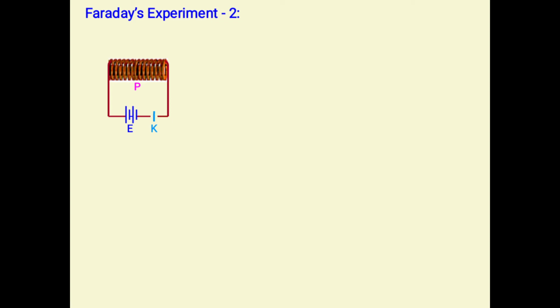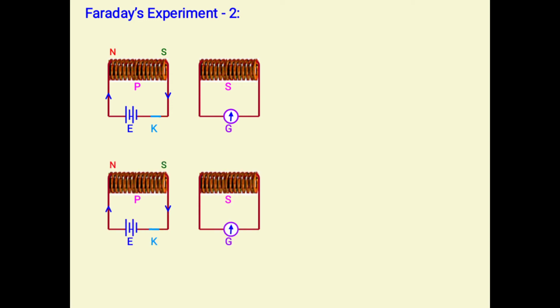The secondary coil is placed nearer to the primary coil, like this, and when current is changed in the first coil, EMF is induced in the second coil. You can observe there is a deflection in the galvanometer. In this case also, there is production of current in the coil, and hence polarities in the secondary coil too.